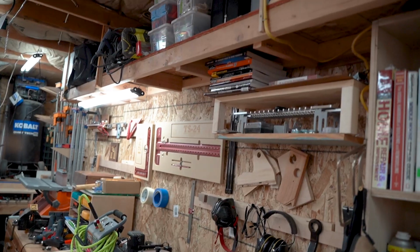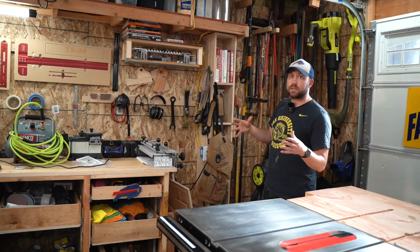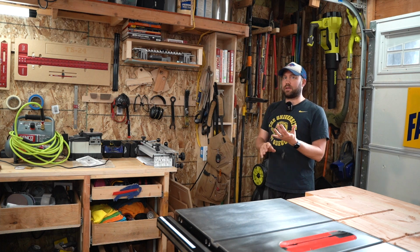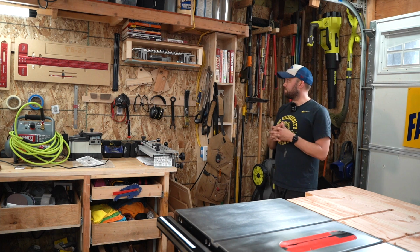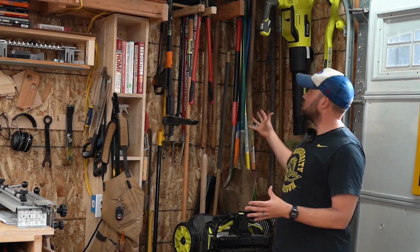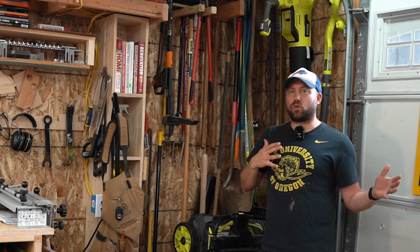I have some books up here just in case I need to learn some things. I need to learn a lot, but also some around the house stuff like basic electrical, basic plumbing, things like that. Over here in this corner, this is just yard stuff,